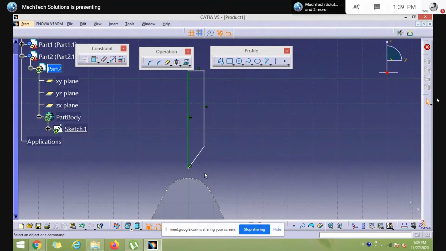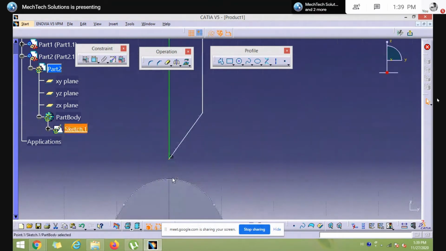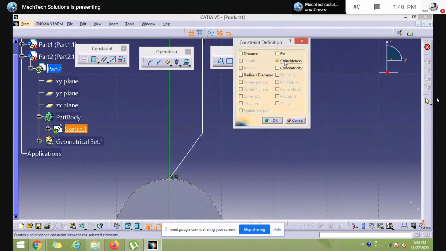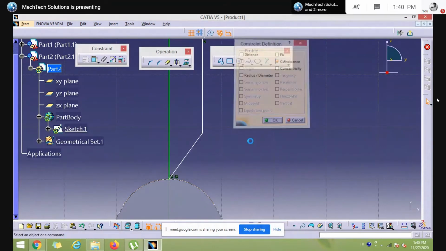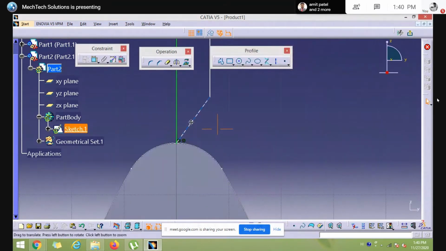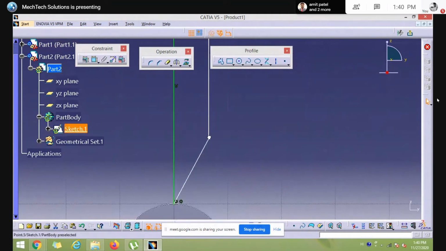Make sure this point is coincident with this cam profile. So how to make it coincident? By this option. Got it? It must be coincident with this arc.